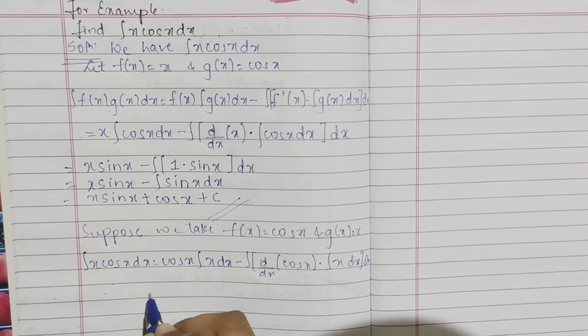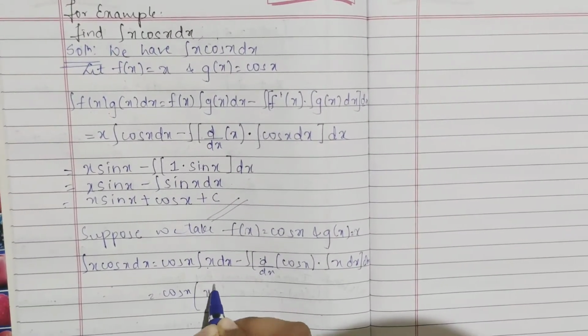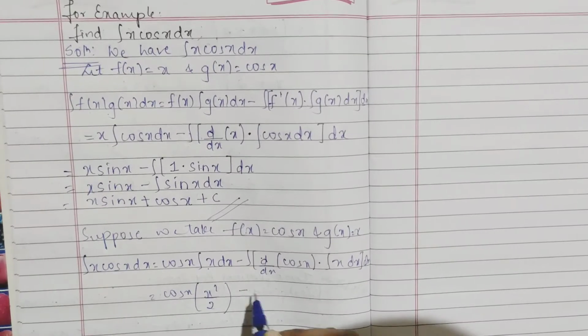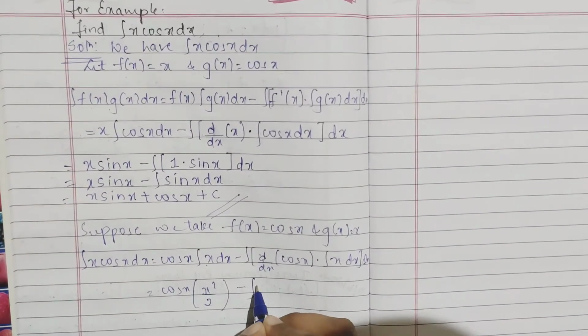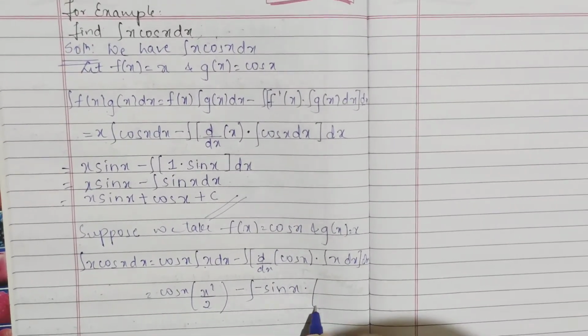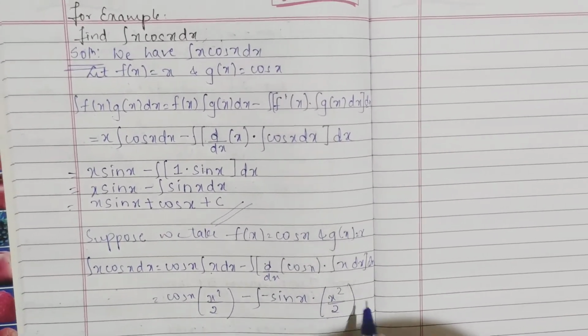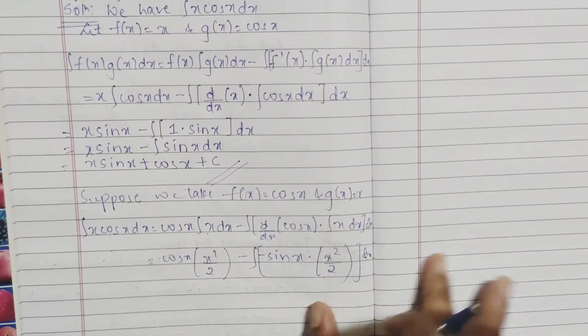So this is cos x; integration of x is x square by 2, minus the integration of the differentiation of cos x, which is minus sin x,